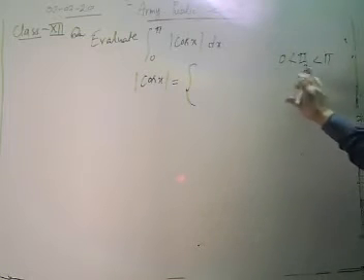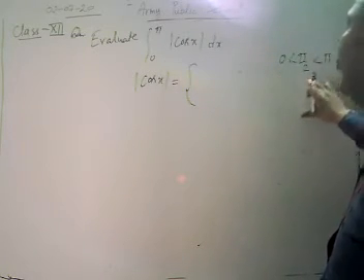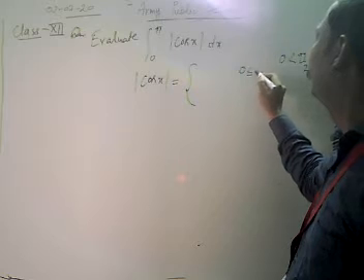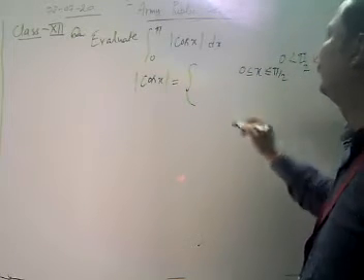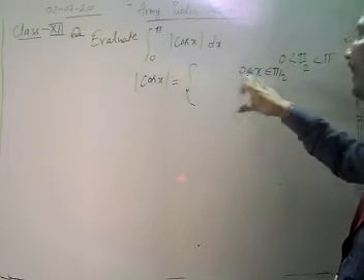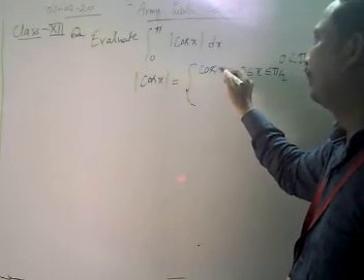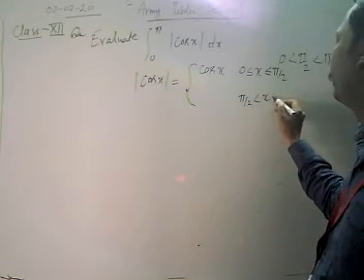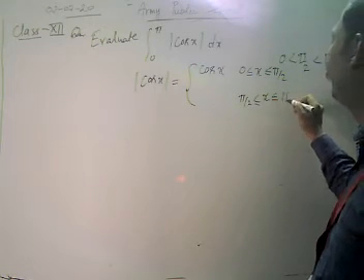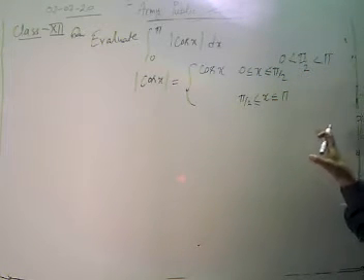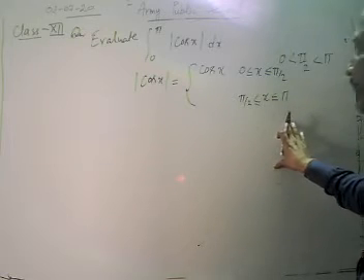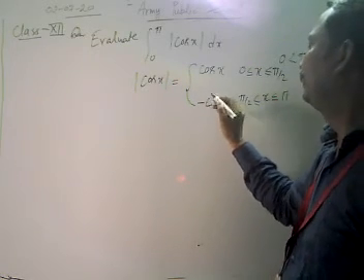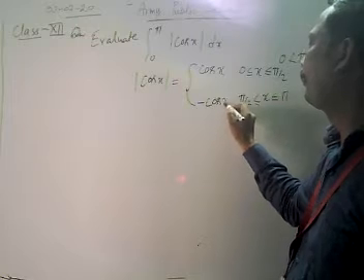Now we are going to break this limit 0 to pi into 0 to pi by 2 and pi by 2 to pi. Whenever x is between 0 to pi by 2, in this region cos 0 is 1 and cos 90 is 0, so it has a positive value. Then mod of cos x is equal to cos x. When x is lying between pi by 2 to pi, it changes to cos pi. The value of cos pi is minus 1. Cos 180 is minus 1 and cos 0 is 1, that is, it goes from 0 to minus 1. Then the modulus of cos x tends to be negative, so it is minus of cos x.